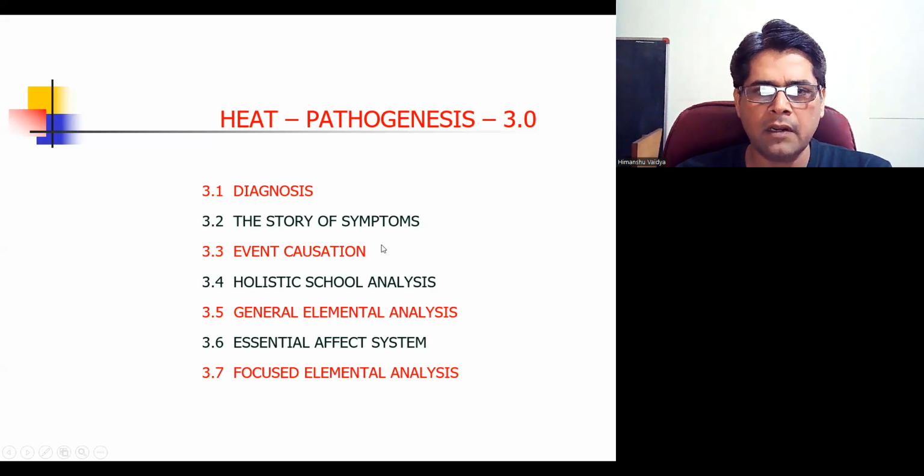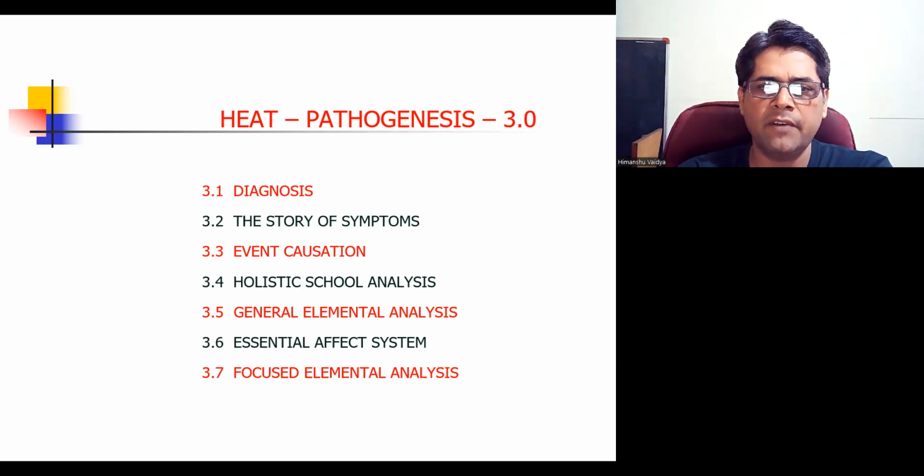3.3 we have done in the first part of this series, event causation. In the second part, we did general elemental analysis, and in the third part we'll be doing the rest of it: essential affect system, focused elemental analysis. Now, one thing that I would like to bring in, which I think we missed last time, was this: